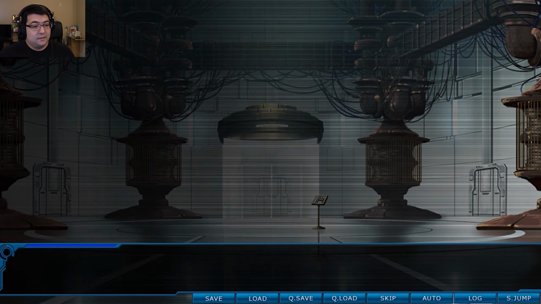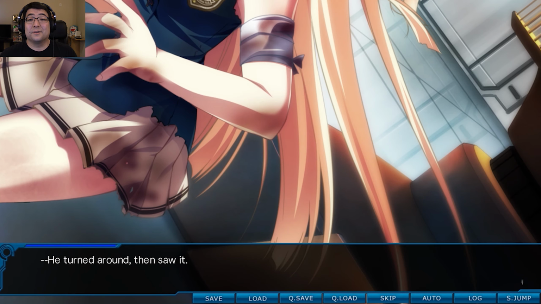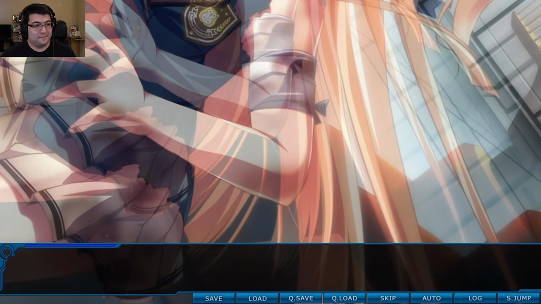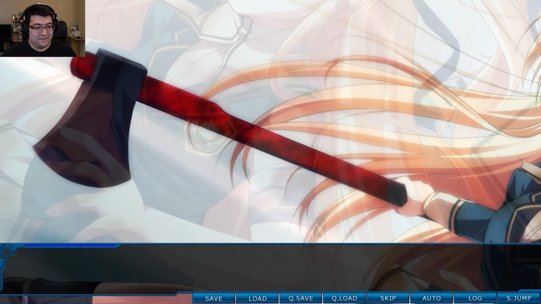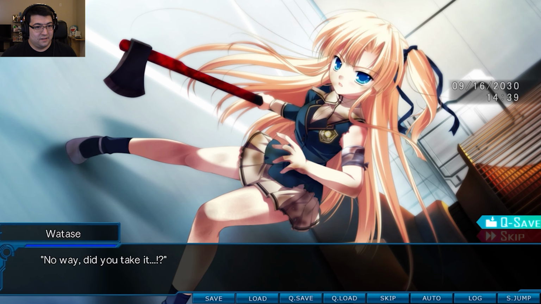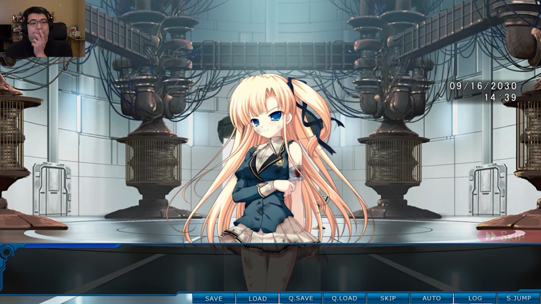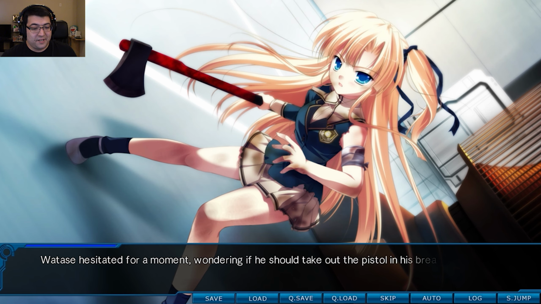But just then, Watase felt a presence behind him. He turned around, then saw it. Someone with a tiny frame was charging straight at him. Yep. And she still got the axe. Okay. So this is still the same. We're still gonna fight. Watase hesitated for a moment, wondering if he should take out the pistol in his breast